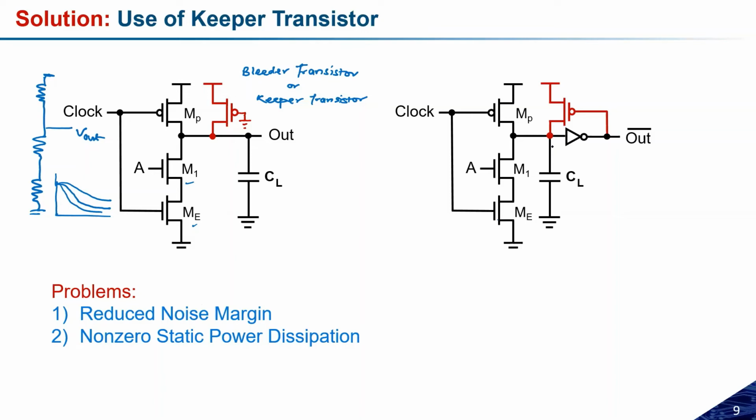So both kinds of problems, the reduced noise margin and the static power dissipation, can be reduced with the help of this inverter and keeper configuration. But what is the problem with this configuration? Suppose I am designing one inverter based on CMOS logic, in that case I need a total of 2 transistors. But here I am using one more CMOS inverter to make one inverter. So this is the problem.